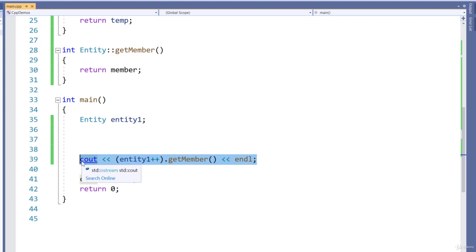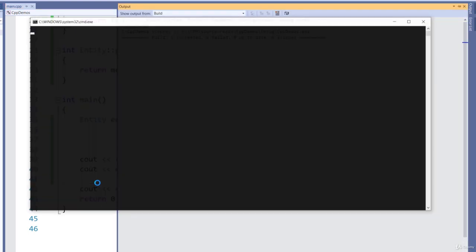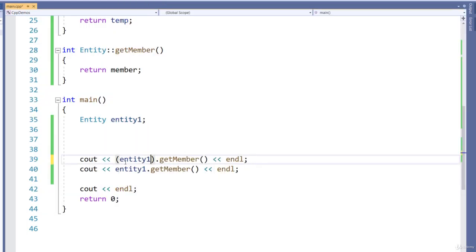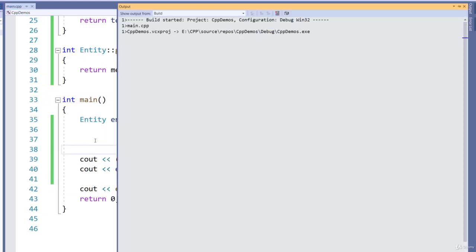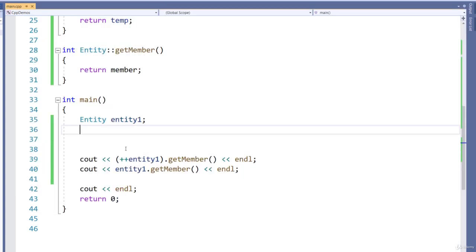But if we do this now, just going to do entity1.getMember, then that should print out 1 in the first output and then 2 in the second output. The prefix increment operator is going to print out 2 in both instances. But another thing that we can do